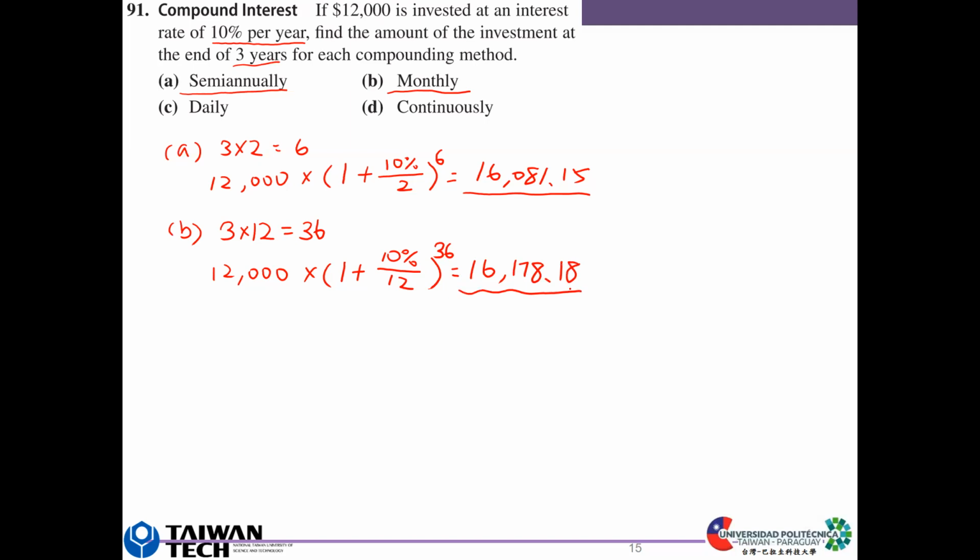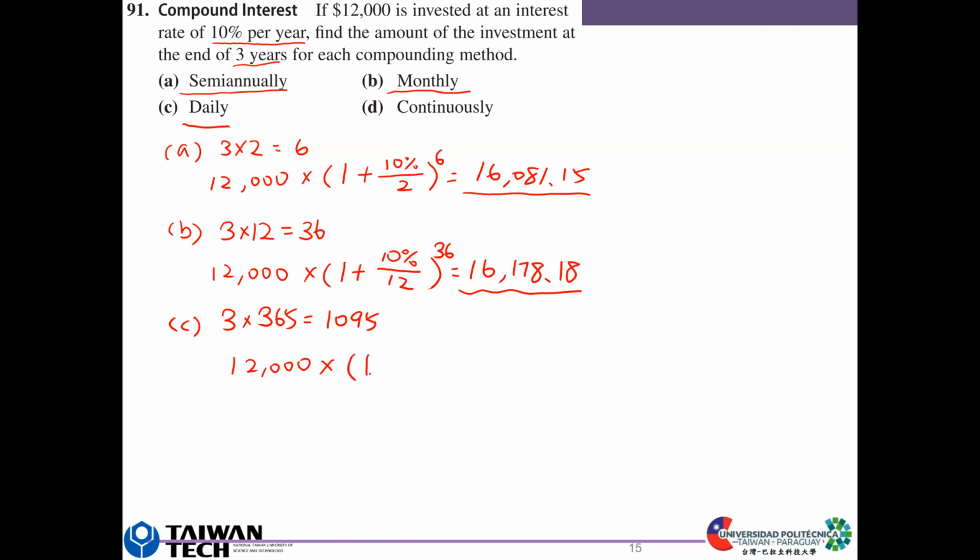And for problem C, it compounds daily. So 3 years, each year has 365 days. So which is 3 times 365, 1095. Okay,